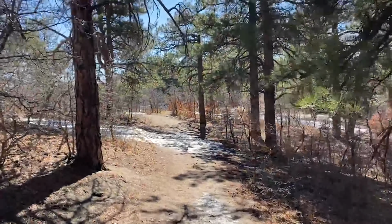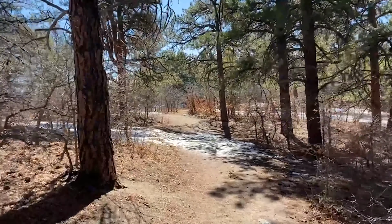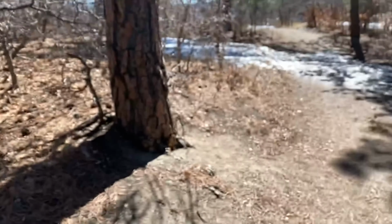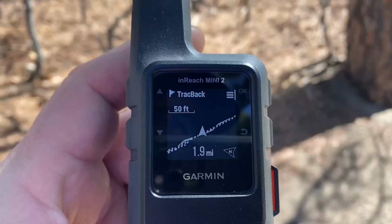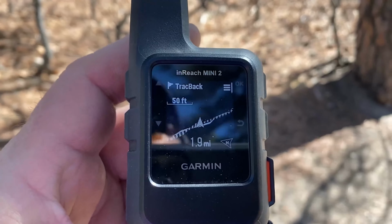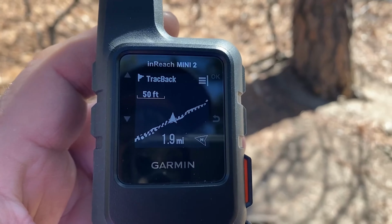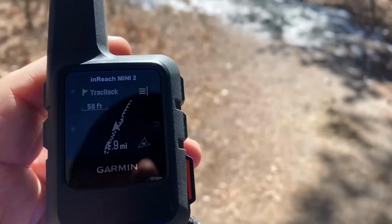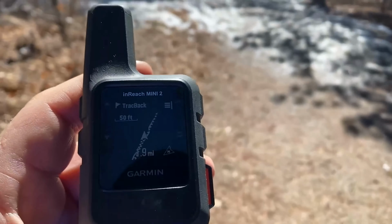All right, I'm almost back to the trailhead. See the cars right there, and you can see the route right there. I'm looking left down the route, so see it's actually showing me pointing the off trail. But it's brought me back to my starting point, so it's worked really well. This test using the